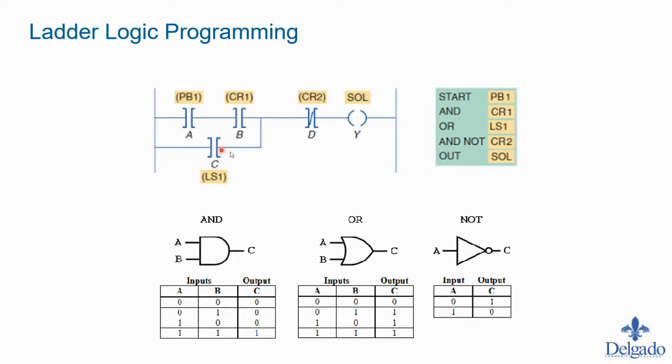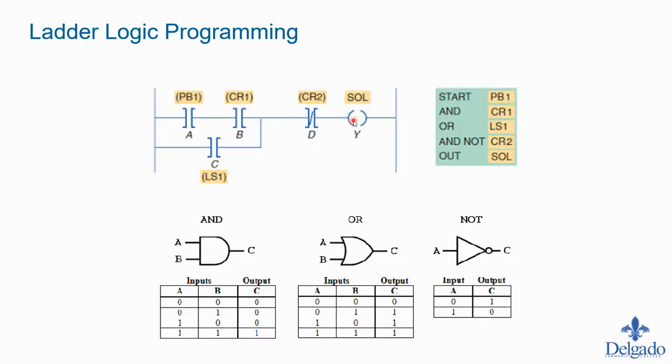But then we have a parallel branch here. This C, or this LS1, is in parallel. So that would be considered an OR. To get power to this point, we have two paths here, right? We have A and B, or if C is on. So either these two are on or C is on, then I'll get power right here. And then we look at the next point. This is an AND as well, right? So if C is on, then D has to be passing power,